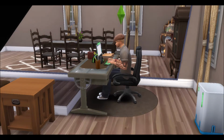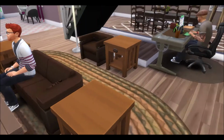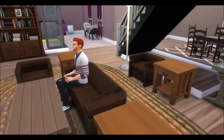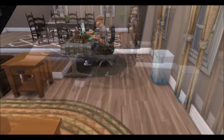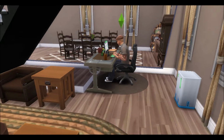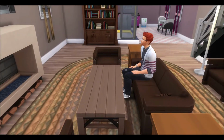He's going to open up his email and stuff, and he's going to check his career logs to see if anybody's emailed him and his private detective agency called SPY, which stands for Sims Private Investigations, which is him and his brother's private investigation firm. There we go. I don't know why that was so hard to say, but anyways, he's going to check that while his brother here is watching